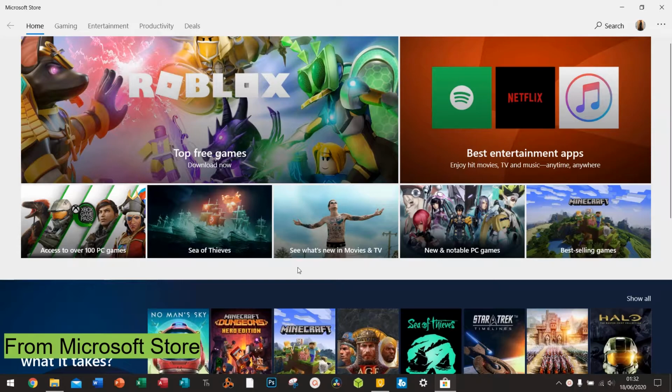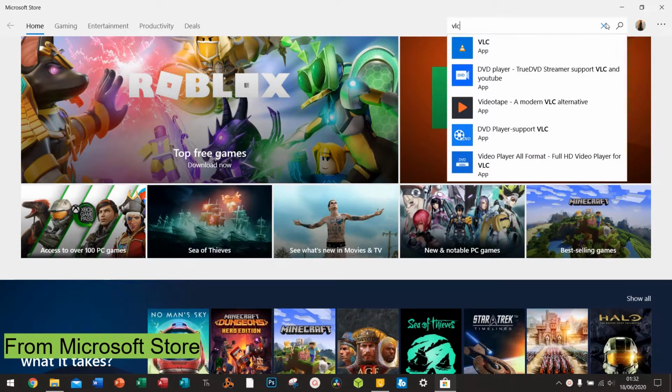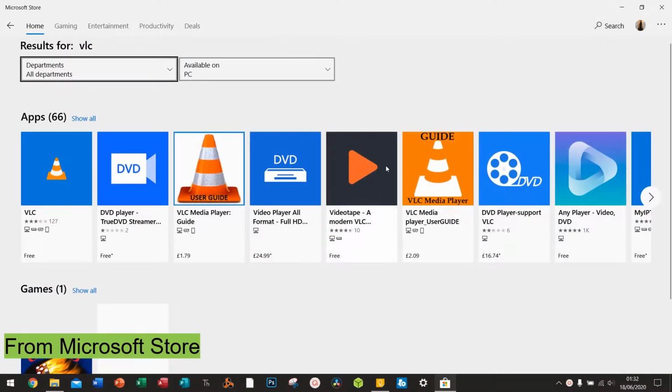And again, the name of the program I want to install is called VLC Media Player. So I simply go to the search bar over here, and I type the characters V, L, and C. I press enter, and I get a full list of programs, or apps in this case, which have the word VLC written in them. I know that it's going to be this one. You can feel free to check through these to see if it's what you want. So click on that one,